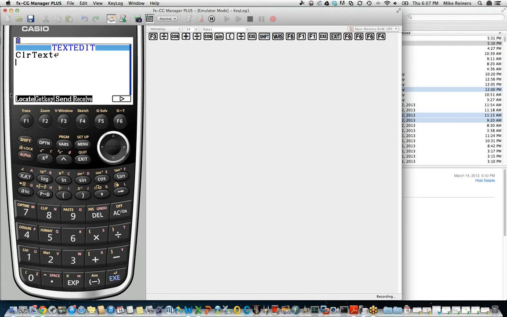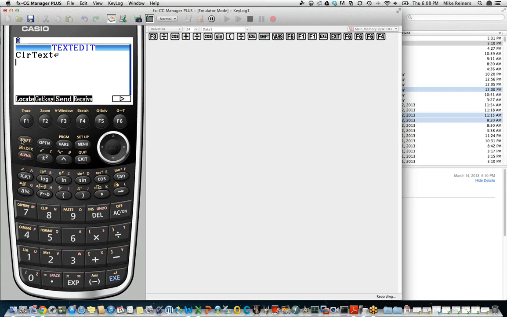We can actually start that text at a given row and column using the 7 rows and 21 columns on the screen. But one thing I haven't mentioned before, and I'd like to emphasize tonight, is that you can place text on the screen with a command just by placing that text in quotes. No other special characters required.